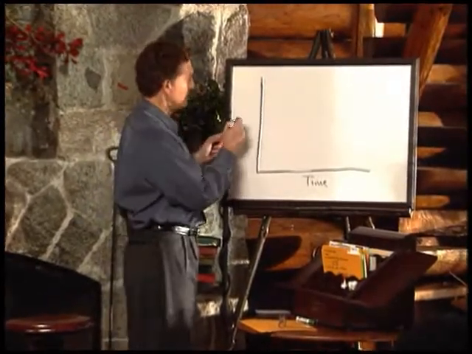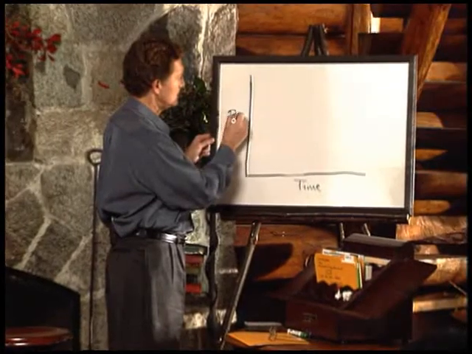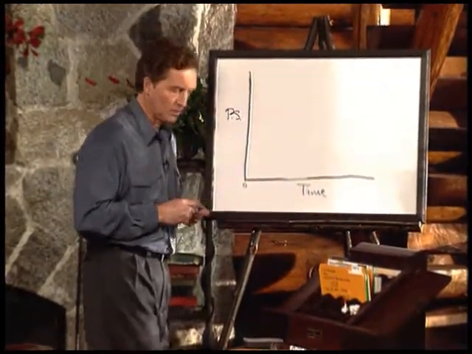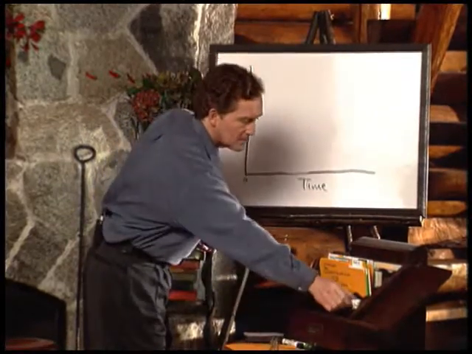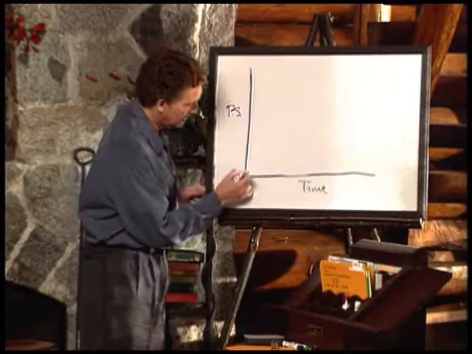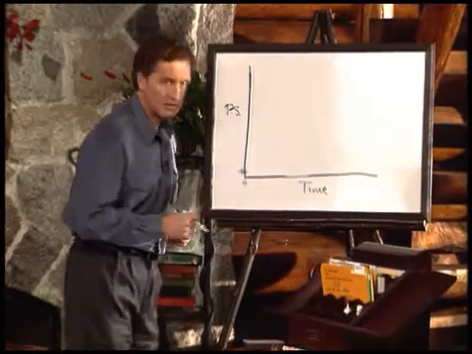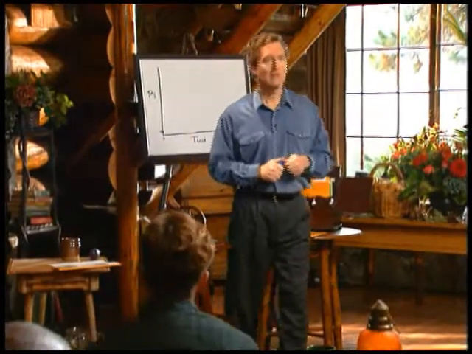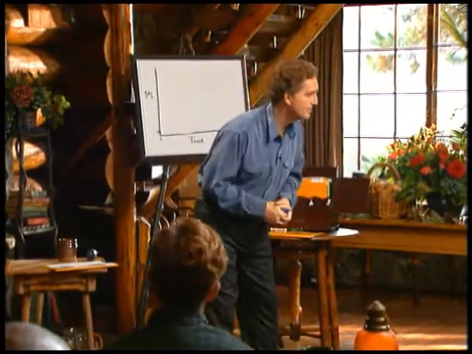Horizontal axis is time. The vertical axis is problems solved. This is the 0 point right here. The first thing we notice is new paradigms don't start at 0. You start up a little bit. Okay? What that means is somebody has solved a couple of problems not using the old paradigm.